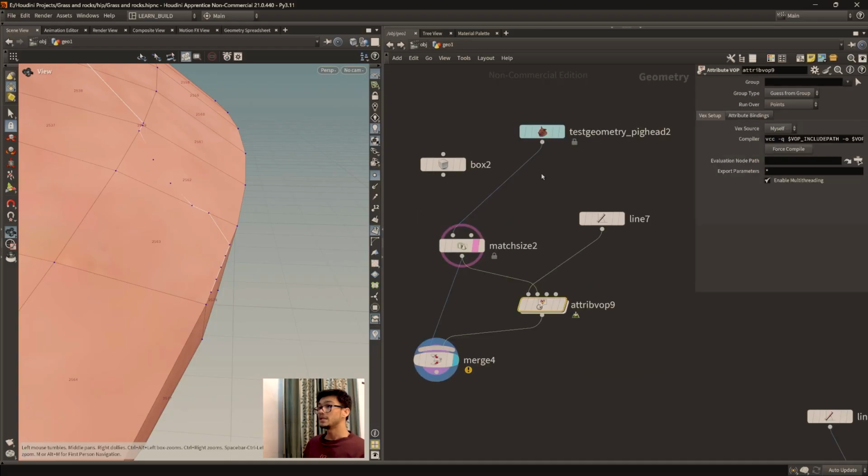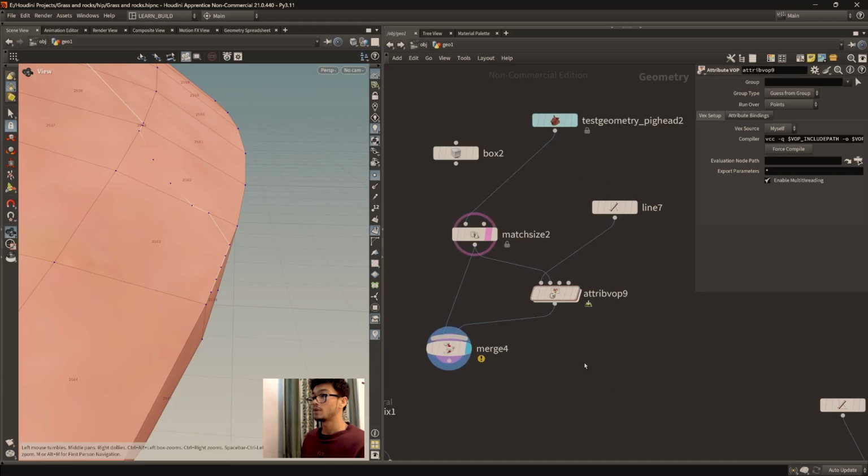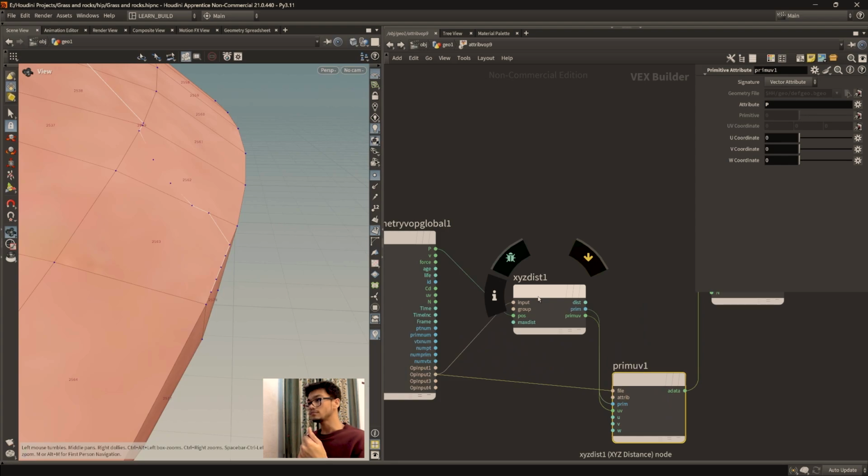So let me sum up what I shared in this video. First, we talked about the different types of primitives. We have curve U, which is a parametric coordinate, right? Second, we have our bounding box parametric coordinates, and third, we have this UV primitive parametric coordinates, whose values are in U and V, right? Okay. And we talked about our XYZ distance, which